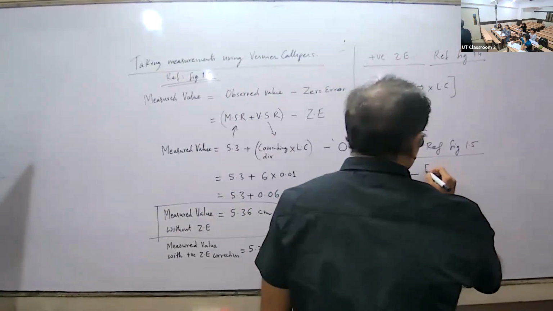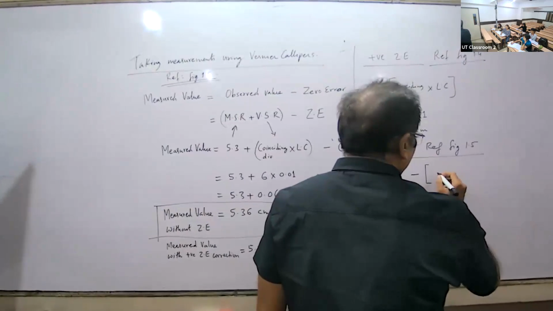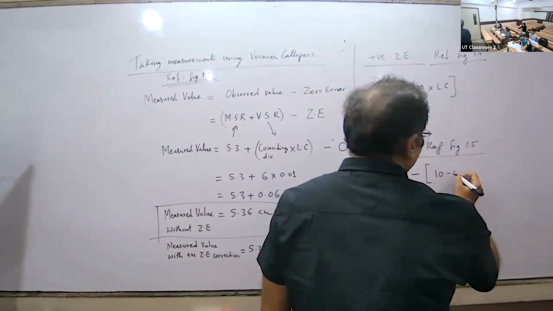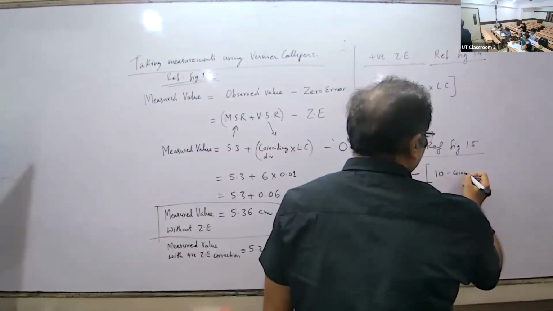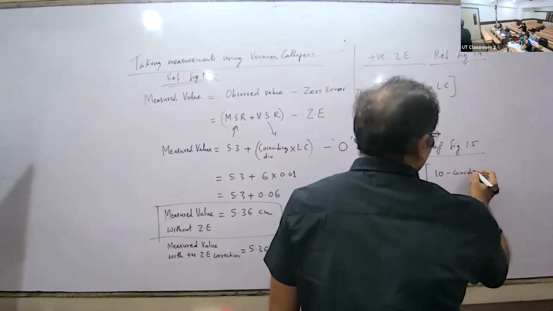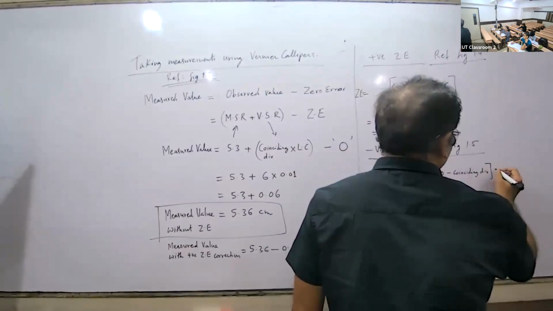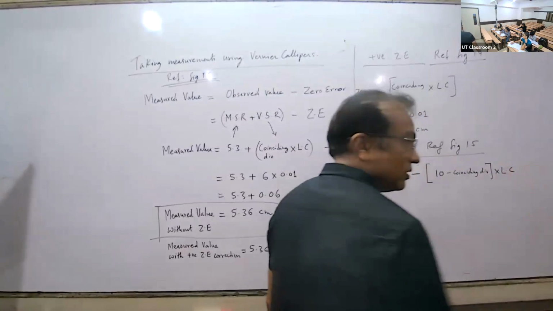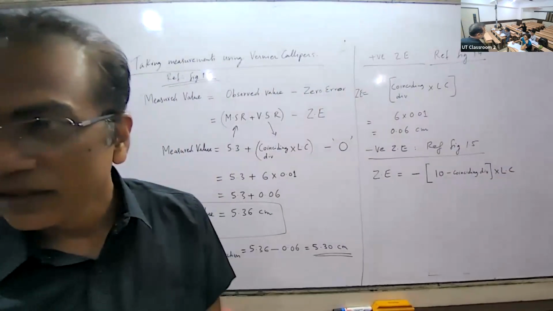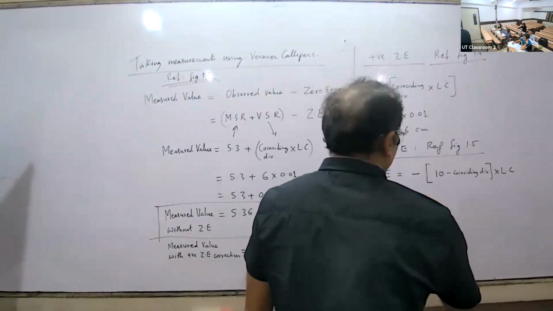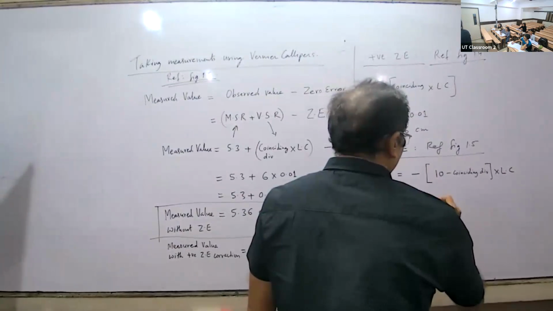Then the number of vernier divisions, the full number of divisions was 10, minus the coinciding division, into least count. This is the catch here. So how much is this? This is minus, 10 minus